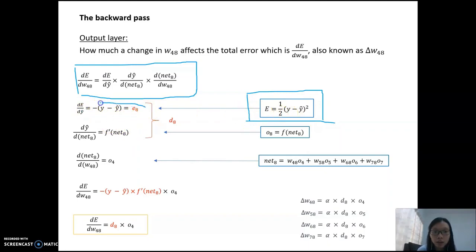I assign this value as the E8. Later, this value will be used in the general step of the backward pass. So the O8 is equal to F net 8, and I just do the differential equation for that. You will get F prime net 8, and net 8 is equal to W48 O4 plus W58 O5